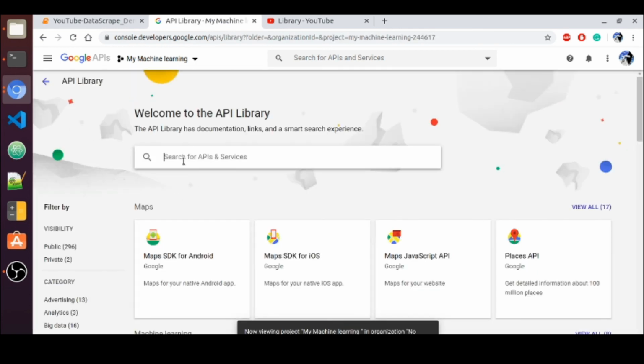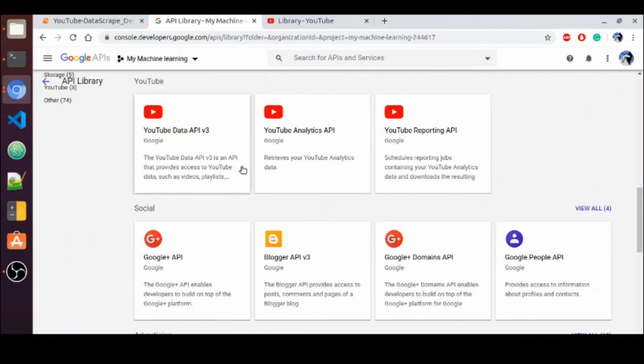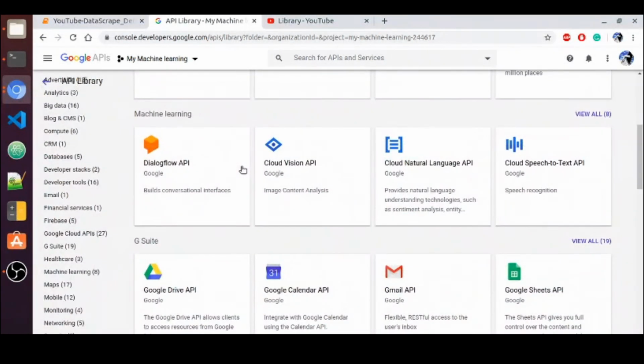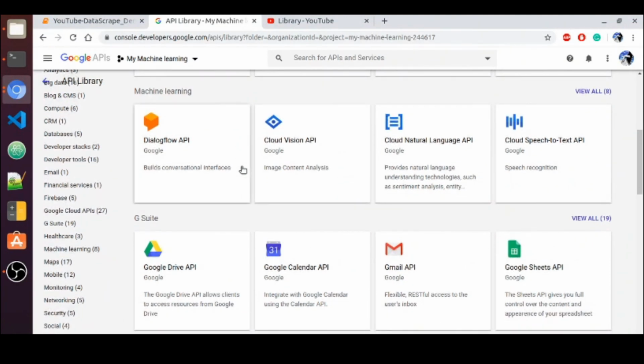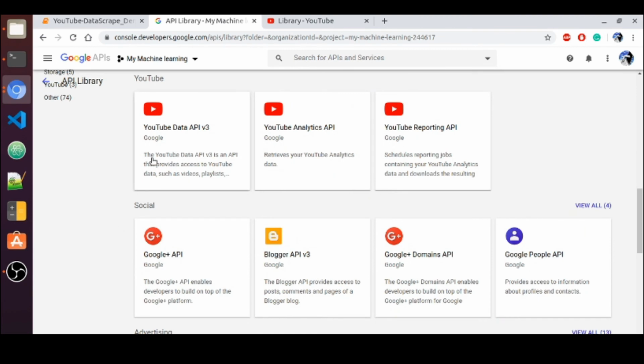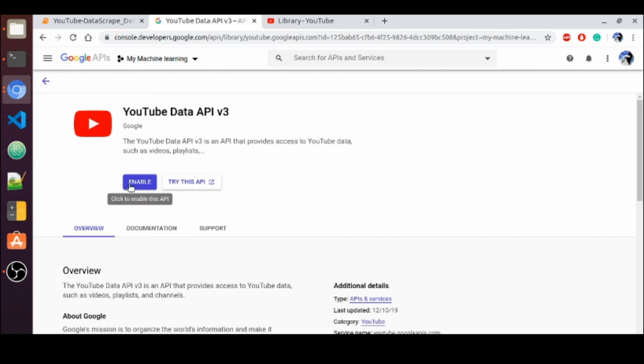In that library, you have to search for YouTube Data API v3. These are all the different APIs offered by Google itself. Some of them are free to use, and for some of them you have to pay. Let me select this API, YouTube Data API v3, and once selected, we have to click on enable, right?